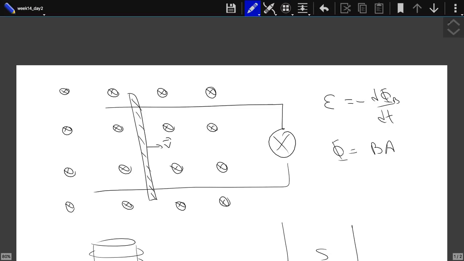And the induced electric field should be in the vertical direction, because when the rod is moving in that direction, we know that the current is building in this direction. This is the direction of the current running in our system. Because this is the direction of the velocity of the charges,